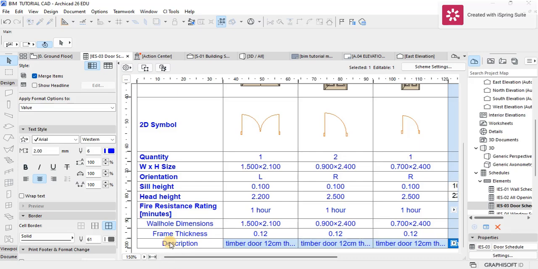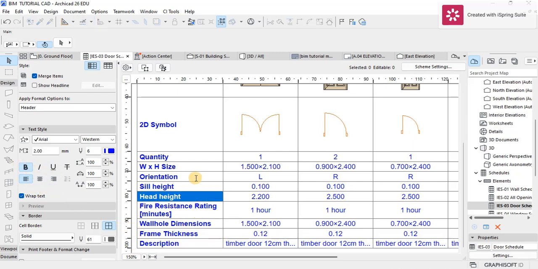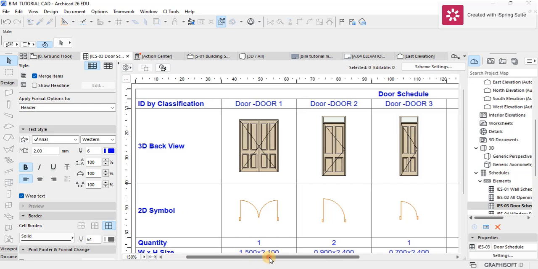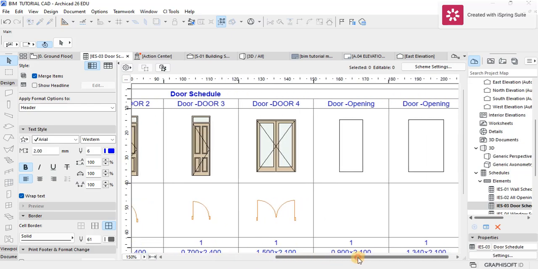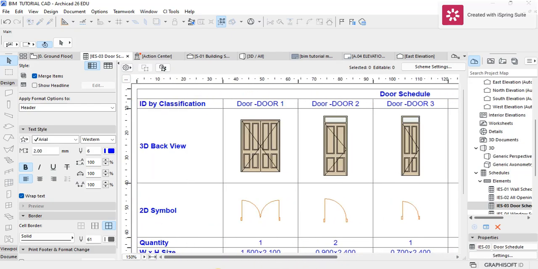Yes, with that side, I'm going to change these two, make it bold like the rest, and make it bold like the rest of the classifications. So yes, so yeah, with that done, now we actually have our door schedule almost complete, and the only thing remaining is